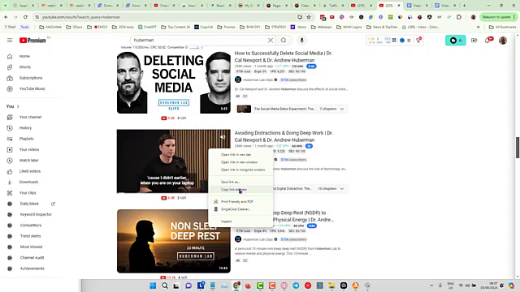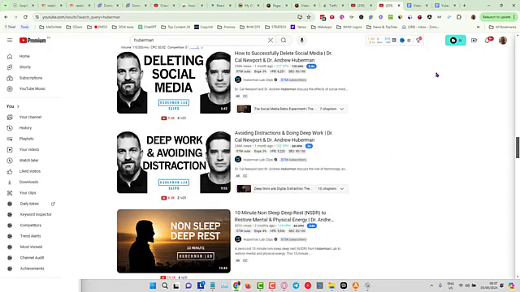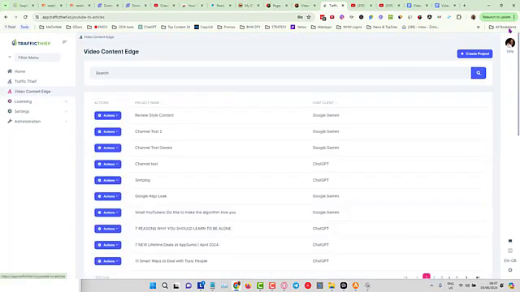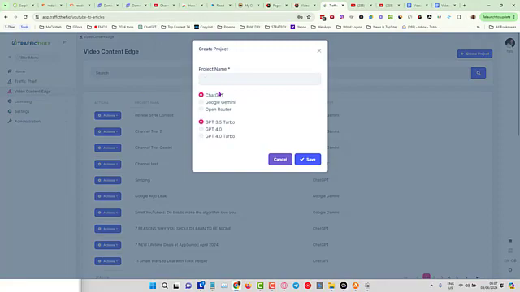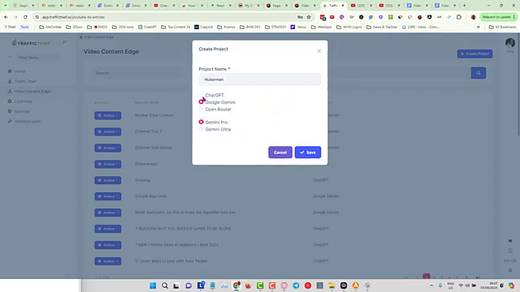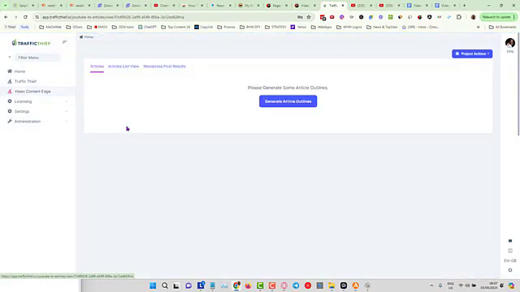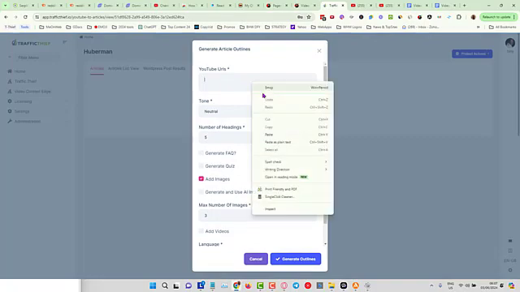Okay, it can work with longer videos. It's just going to take longer to process. So I'll copy the link address here. And this one is about avoiding distractions and doing deep work. So I can come over into Traffic Thief and I'll go into the Video Content Edge tool, create a project, and I'll call this one Huberman. And I'll choose Google Gemini Ultra, save. Okay, now we can click on view, generate the article outline, and we can put in